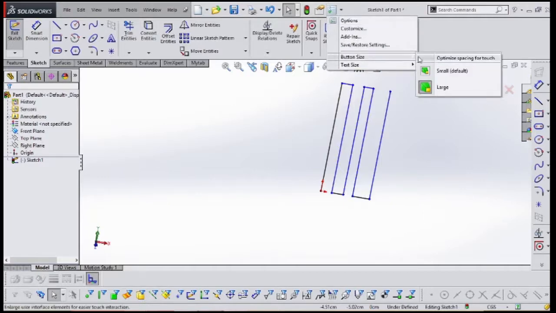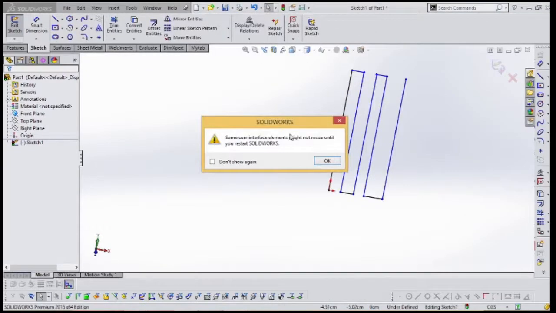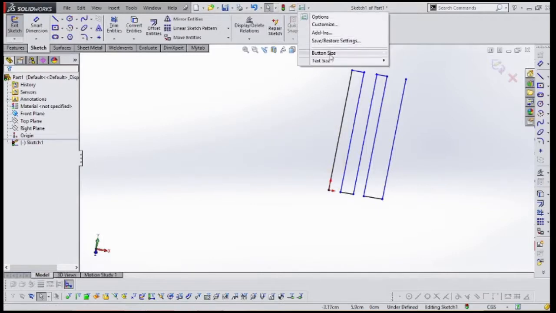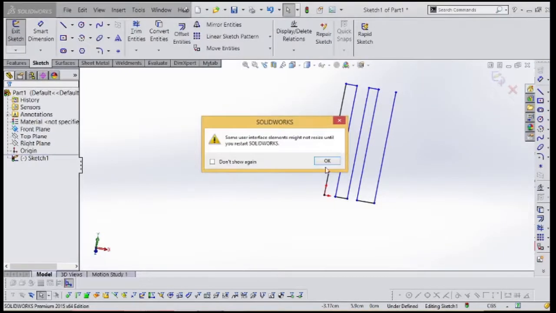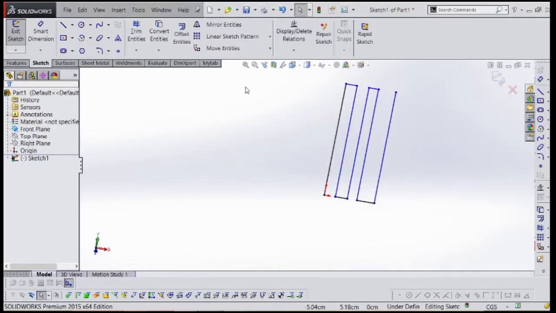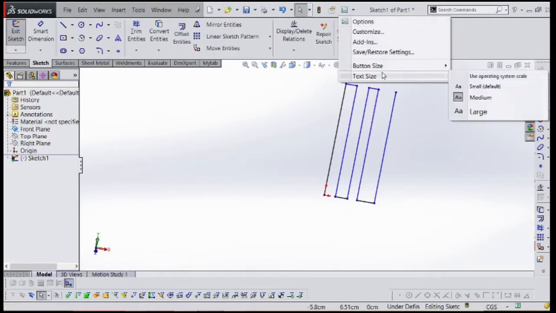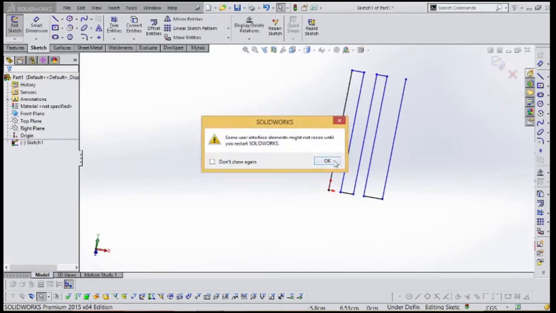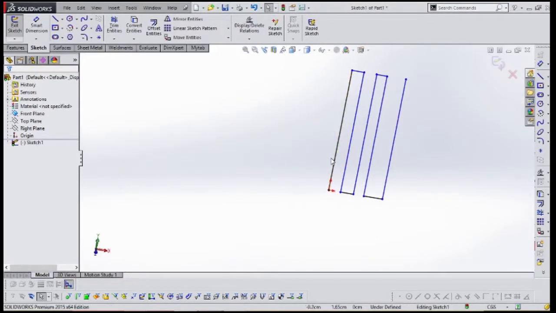Okay, like this. I'm going back to the default view. Now this text also we can change. Like now it is small, you can change it to medium or large, so the text will be zoomed. If you are using a large screen, more than 24 inches, then you can use this large option, so it will be comfortable. So you can check this option and use it according to your screen.